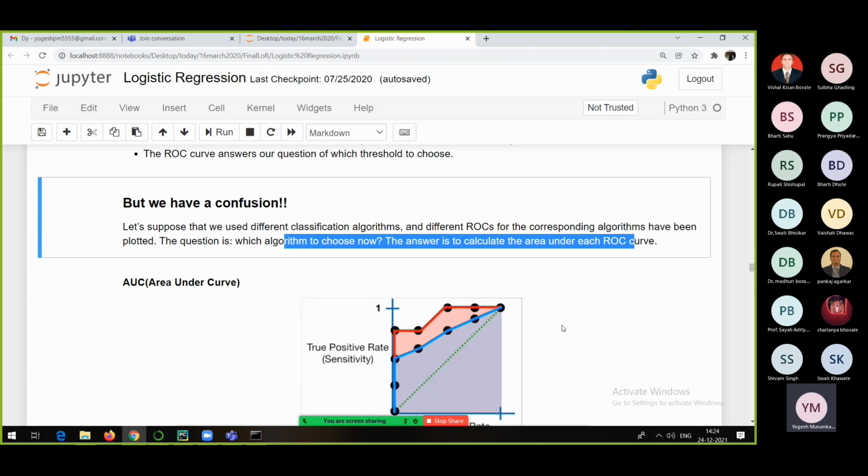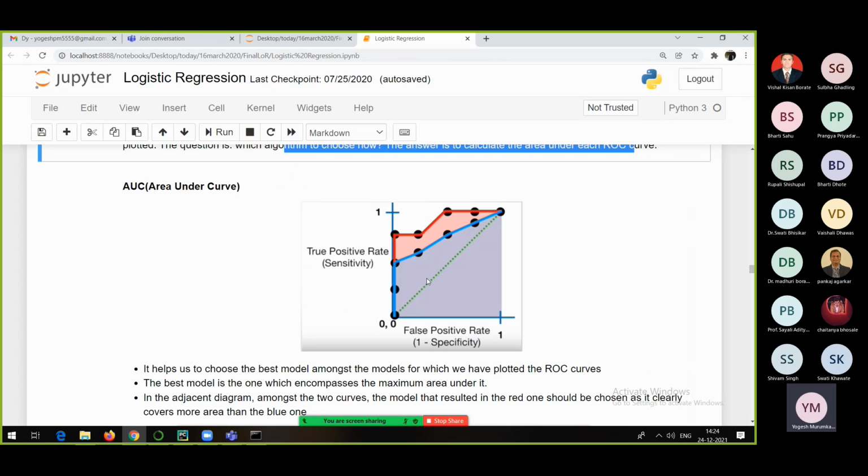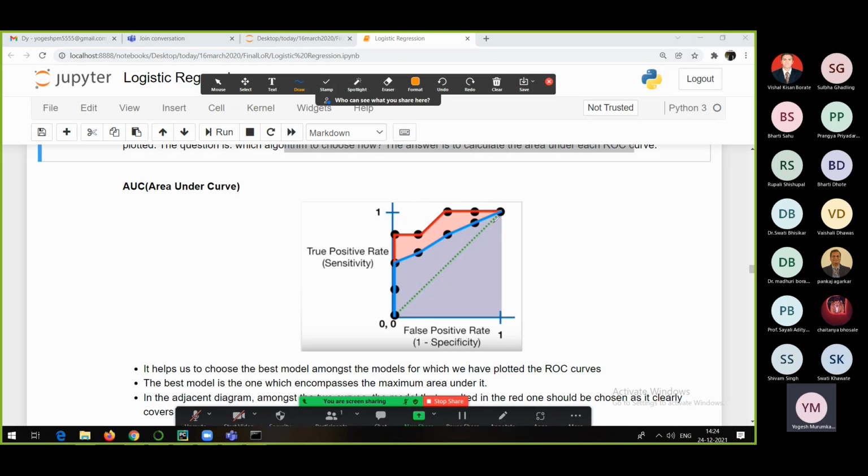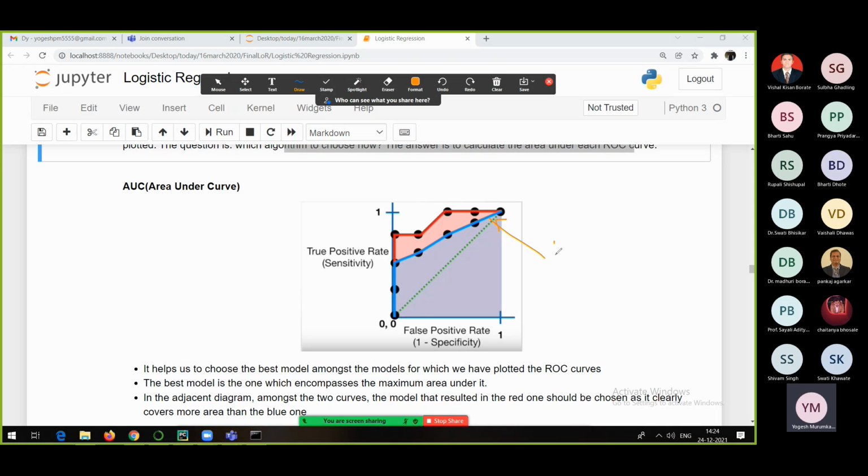So how is it going to decide, everyone? This is how. I was telling you that in the last session. Let's say this blue is KNN and this red is random forest. These are ROC curves. Each ROC curve has some area under the curve.